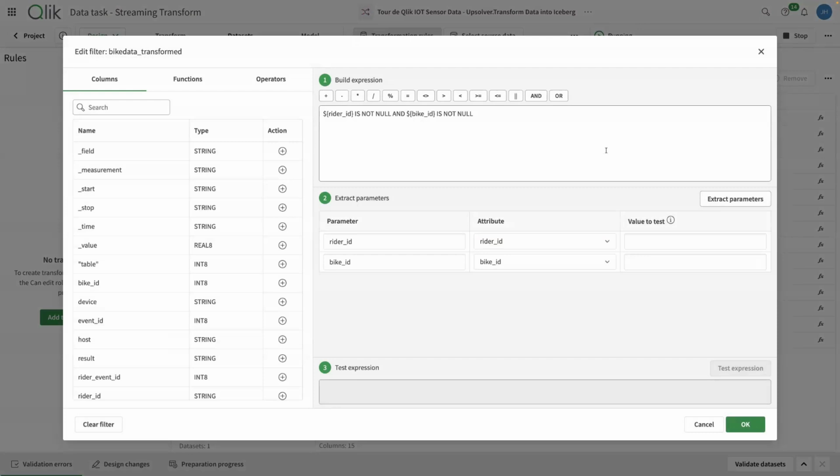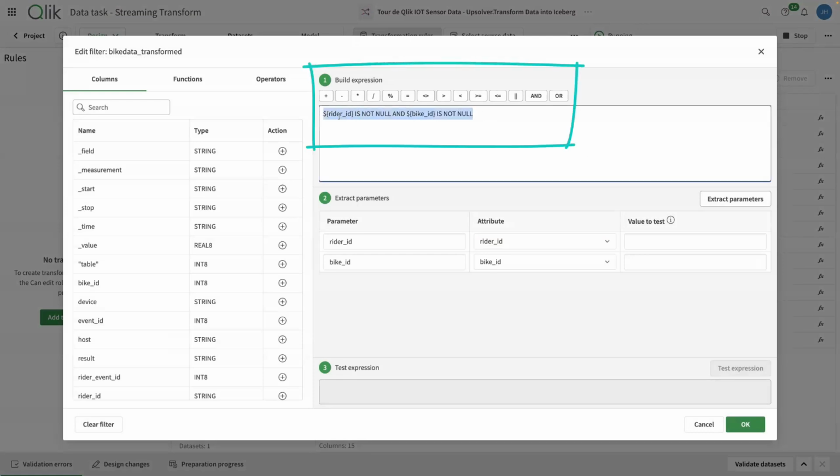Right, all those empty values. Exactly. We had sensor data being generated when there was nobody actually sitting on the bike. So we set up a filter condition here that checks and makes sure that both the rider ID, that's who's on the bike, and the bike ID, which is which bike they were on, are present. If either was null, we don't even want to bother processing this into Iceberg.